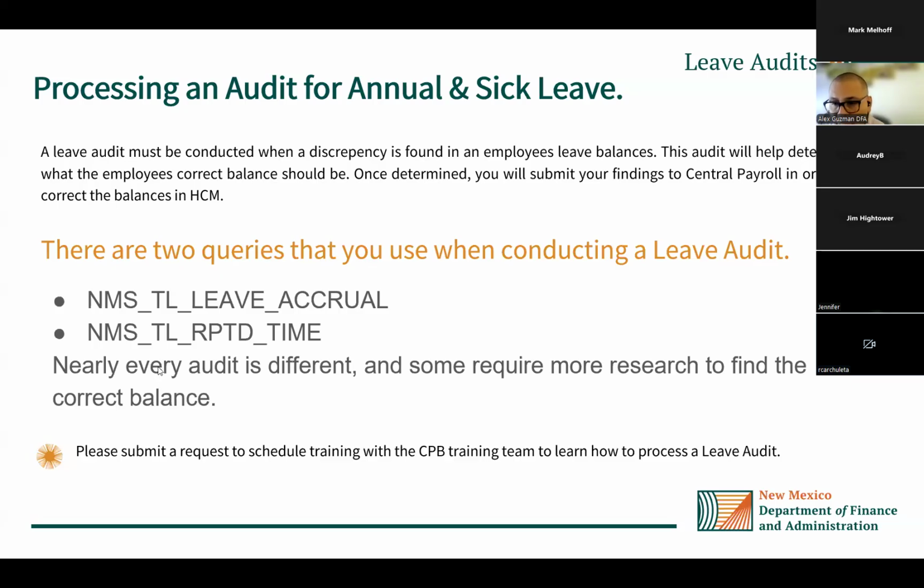I have a question. Is there a list of all the trainings offered by DFA? So there's certain trainings that Central Payroll offers, and then other trainings that other areas of DFA offers. Central Payroll, the trainings that Claudette and I offer are specifically focused on payroll processes and payroll forms. We do, on the training request form, there is a small list of the most common trainings that we offer,